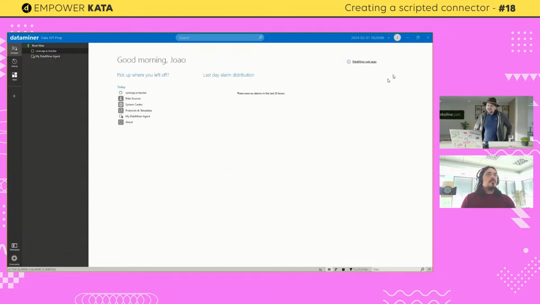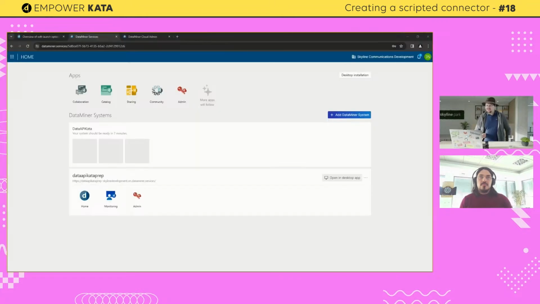Now, you gave a very quick introduction on scripted connectors, indicating that, what's in the name, they are like a connector. So I'm going to guess they are like a connector, and you can make elements and stuff with them. And you also mentioned that people having more knowledge in other scripting languages will maybe be more comfortable with creating one like that. But what does that actually mean? Like, what am I supposed to imagine there? What's going on? What did you do?